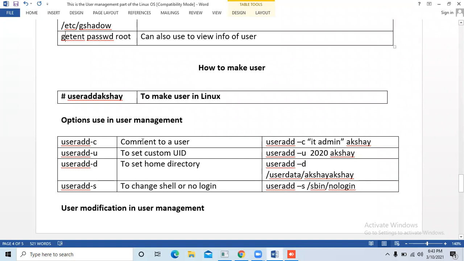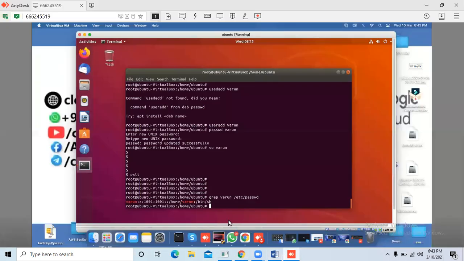If I want to add a comment for a user, you see this field is blank. If I want to fill this field, say Varun joined our company as an IT admin, we can add a comment here to remember the user info.